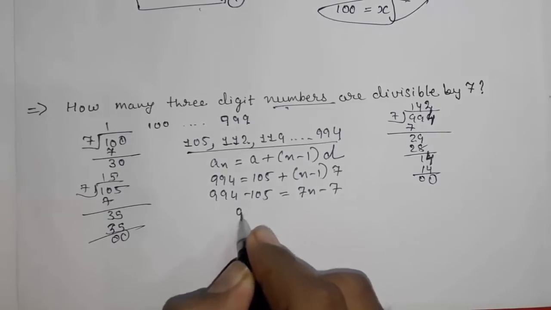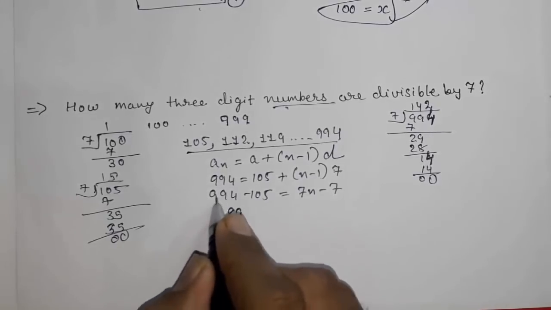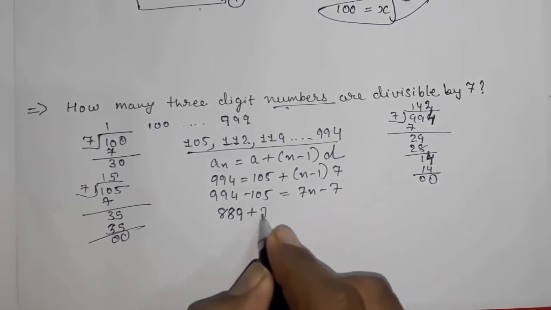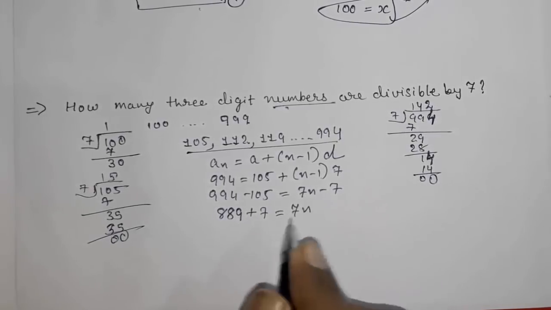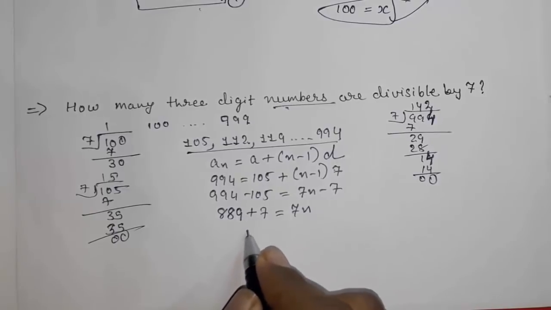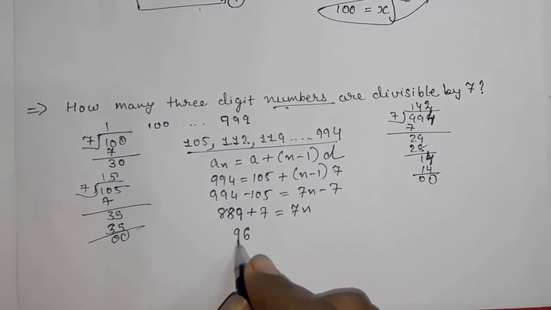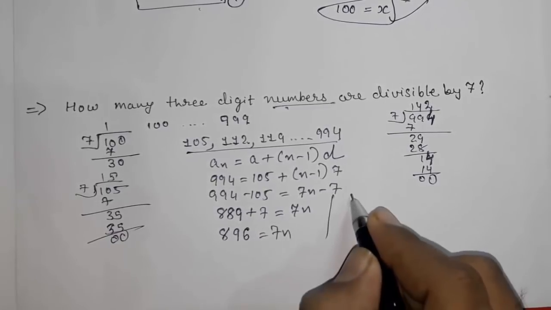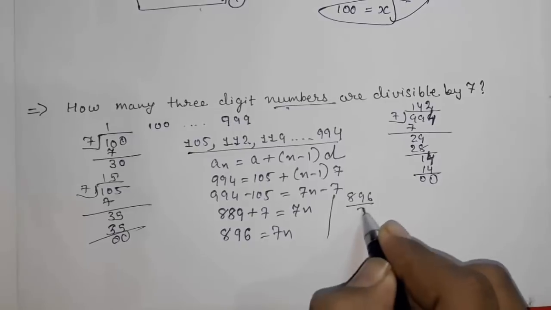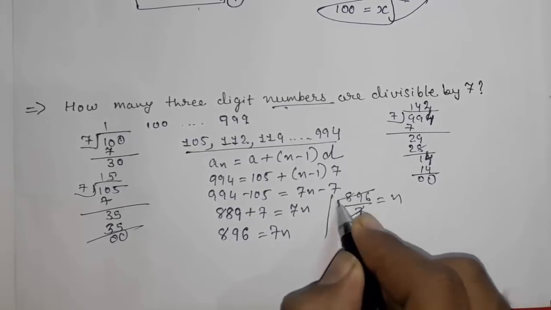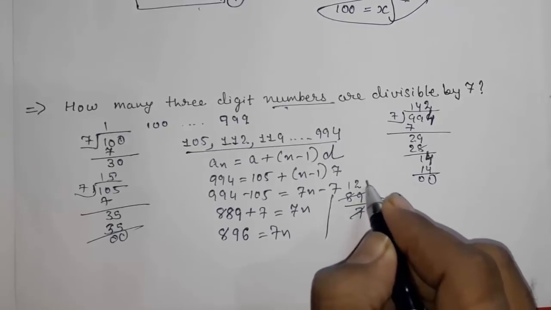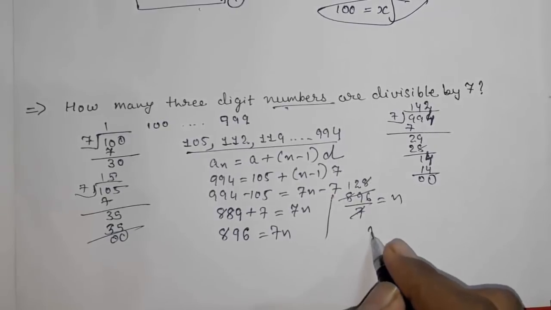14 minus 5 is 9, 9 minus 1 is 8. This will be plus 7, and here it will come 7n. 9 and 10 is 16, carry 1, 9, that is 7n. So what we have to do, 896 by 7, that will be n. 7 1s are 7, 1 to 14, and 7 8s are 56, 8. So our n will be